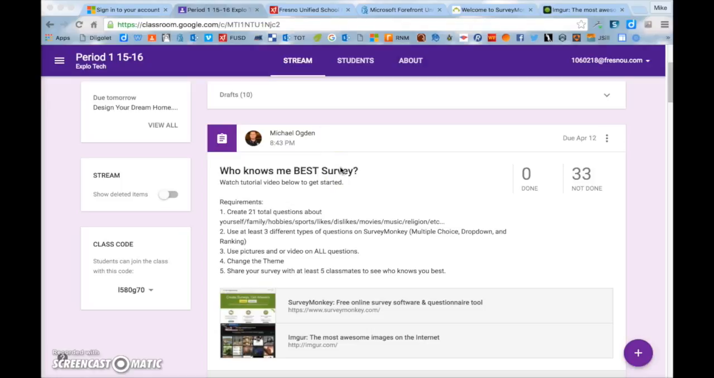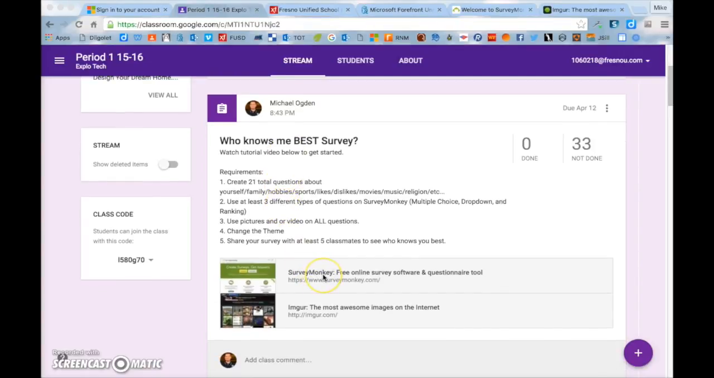or other classes. So first off, you're going to use a program called SurveyMonkey, and you're going to be using this program called Imgur, and it's going to be a place for photos. So you're going to be creating a survey. We've done surveys before using Google Forms. This time we're going to create a survey using SurveyMonkey. So first things first, you're going to go to surveymonkey.com